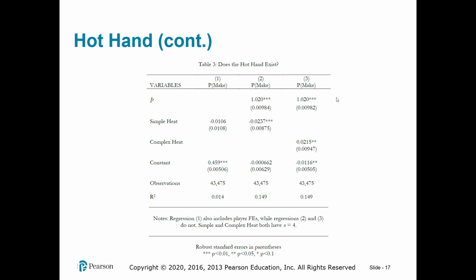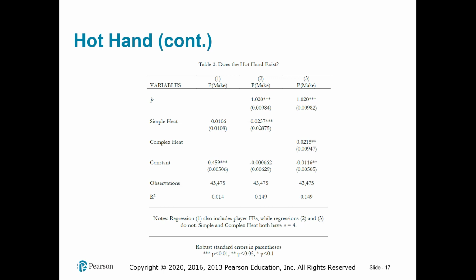Now we have two models here that include shot difficulty. What we call shot difficulty is the general probability of making the shots, or really the opposite of shot difficulty. So the probability of making the shot is positively related to how easy it is to make the shot. That's our measure from before, so that's almost common sense. But interestingly, we add our heat measure. The simple heat measure, accounting for difficulty: if we have high simple heat, we're actually less likely to make the shot. So people with high simple heat, maybe they're not doing very well, so they resort to very